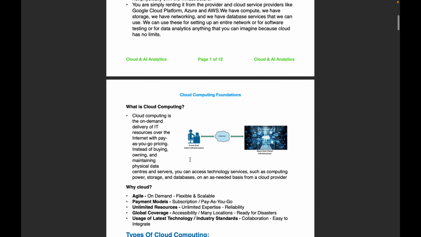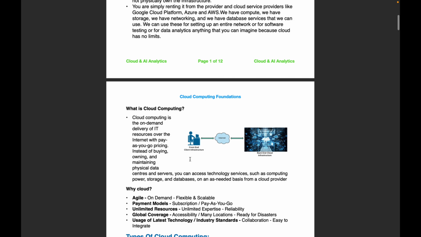So why cloud platform? The next question is why cloud? There are key features why we want to stick with a cloud platform. So what are those? It follows agile methodology. So there will be updates on technologies, updates on the services. There will be quite regular updates on demand, and it can be flexible as well as it can scale, like when the data grows or when we need more services.